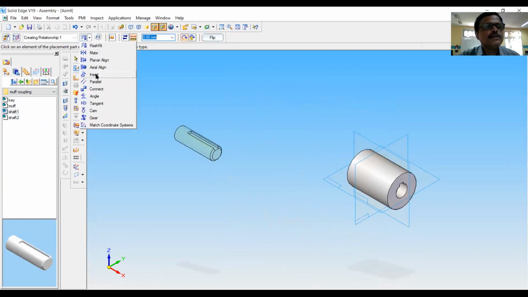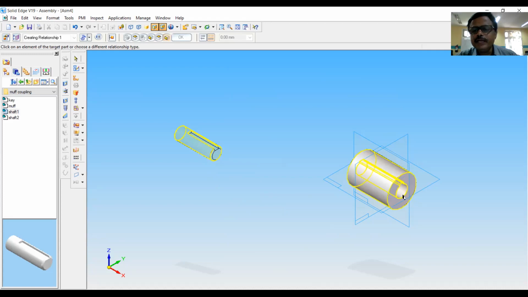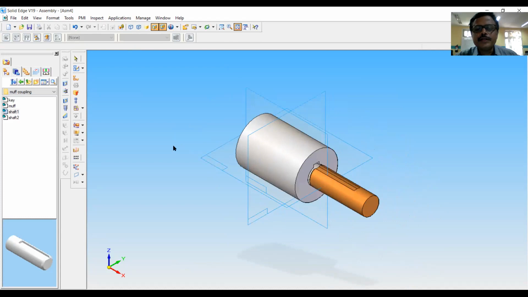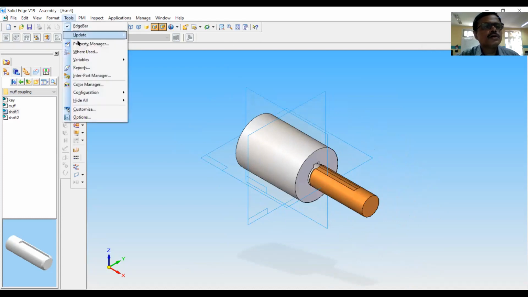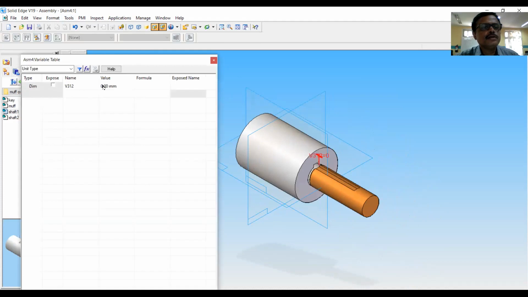So insert axis of this with the axis of this, then mate the surface of this will be mating here. Now go to tools, variables. Here the thickness or the distance the shaft should go is 44 mm.